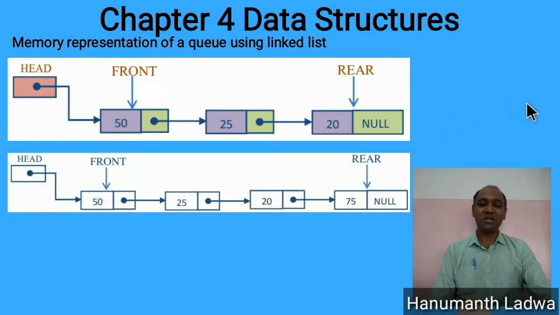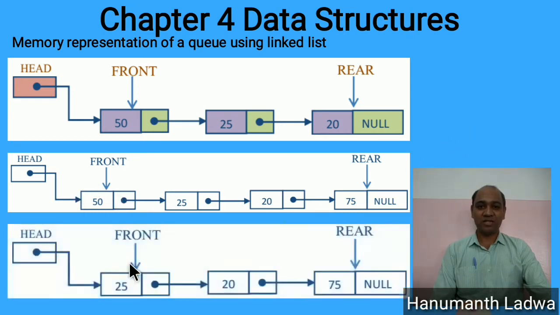So here how to insert one node from the rear end of the queue. Here you can see we have got the same elements 50, 25 and 20. We want to insert the node consisting of value 75 from the rear end. So this is how we are going to point the rear from pointing 20 to 75. In order to remove one element, always removal takes place from the front end of the queue. So hence here 50 will be removed. We will remain with 25, 20 and 75 once we remove the element from the front end.